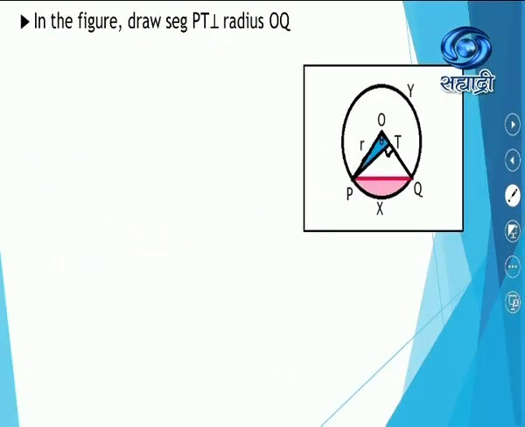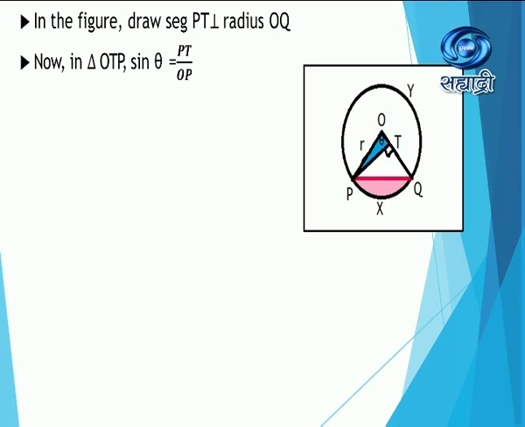We don't know what is the area of triangle OPQ. So let us find it out. You know the formula of area of a triangle, half base into height. So let us take OQ as base and PT as height. Therefore, draw PT perpendicular to radius OQ. So then it will become a height. Now we have to find out PT.